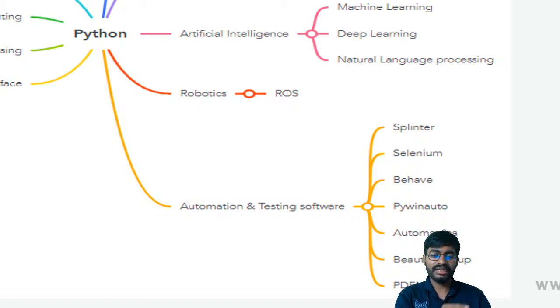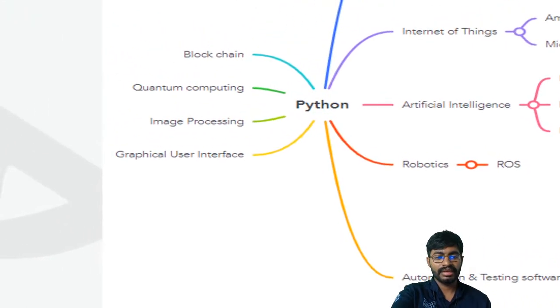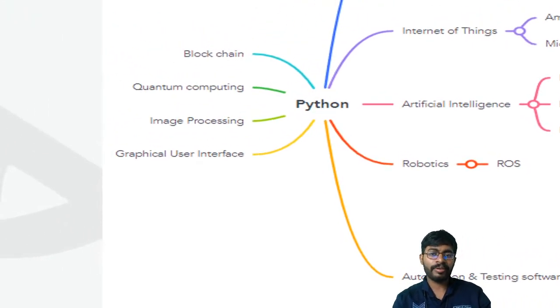So this process takes the form of automation and testing of software with the help of the Python programming language. Now let us come to the other part, not automation but technology. Blockchain creates the security level for cyber security, or for a web page, the additional level of security is created with the help of blockchain. Then quantum computing. Here I would like to say that this is not yet invented, so the process is still going on.